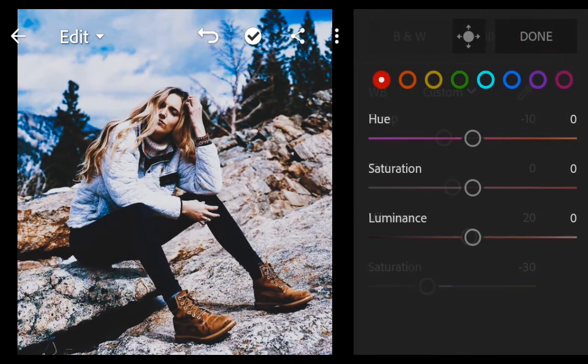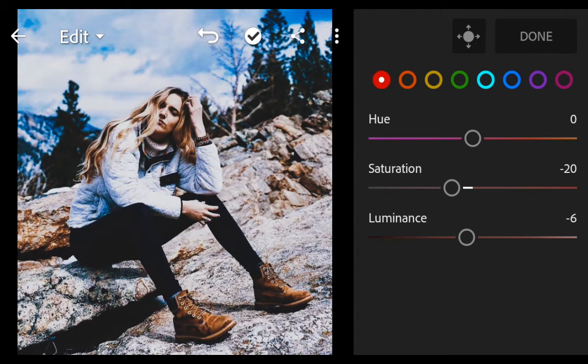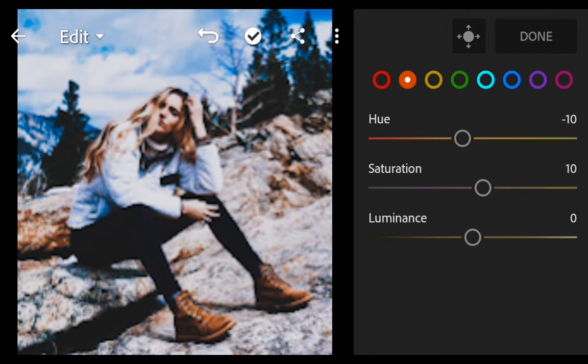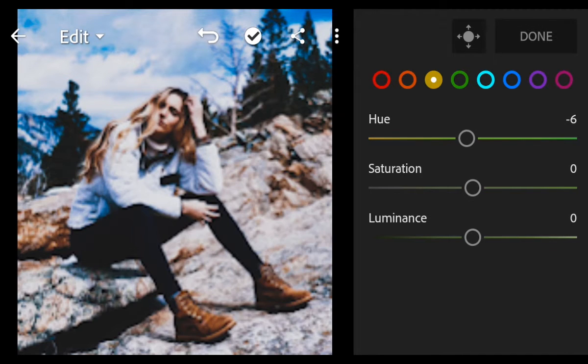Go to Color Mix. First go to Red color. Saturation -20, Luminance -6. Go to Orange. Hue -10, Saturation 10, Luminance -20. Go to Yellow. Hue -30,